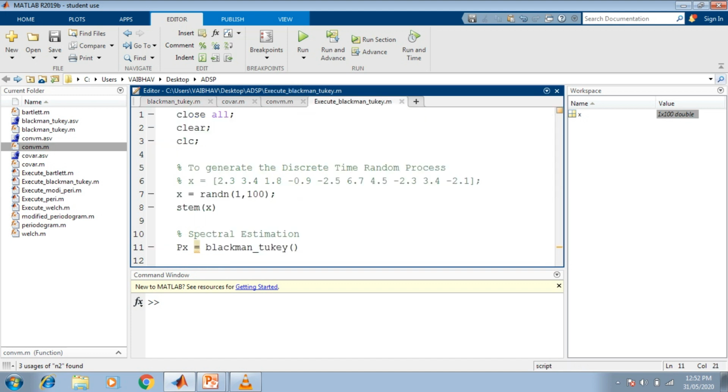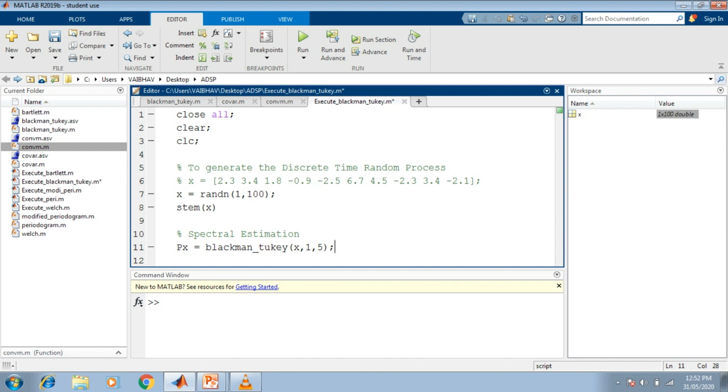At this particular time, I just give the input parameters to be x, the random process that we have currently generated by this particular function, along with the window type. In the conventional case, we select simply the 1, and the length of the window we specify with the value 5 here. So this way we can call the Blackman2k function to carry out the spectral estimation here.